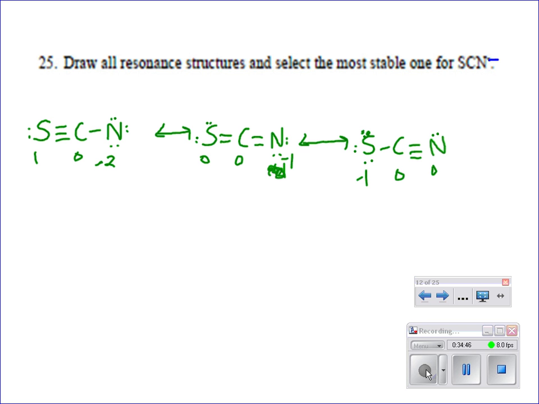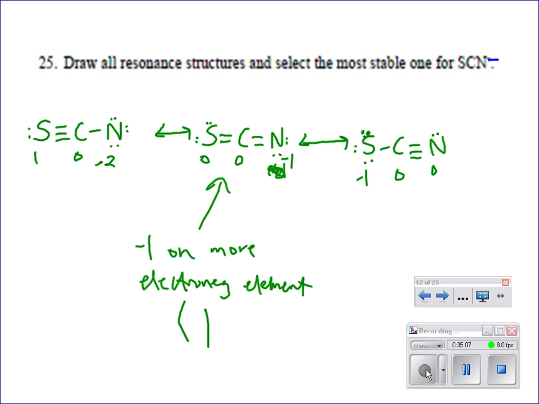All right, so looking at this last one, what do y'all think? The middle, because -1 is on the more electronegative element. In this case, that would be nitrogen. So it's crucial you guys practice, practice, practice. You need to do the practice problems in your home